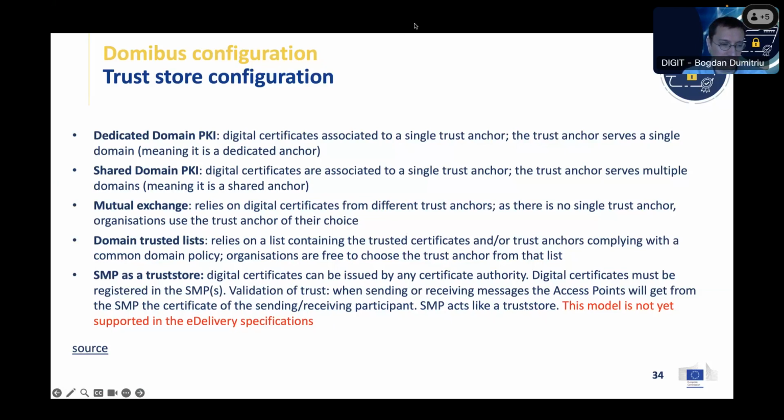So at that stage, if you have an SMP which is governed and where there is a very tight control over the certificates which are published in that SMP in such a way that any access point that uses dynamic discovery trusts automatically any of the certificates coming from that SMP, then this facilitates combining the technical